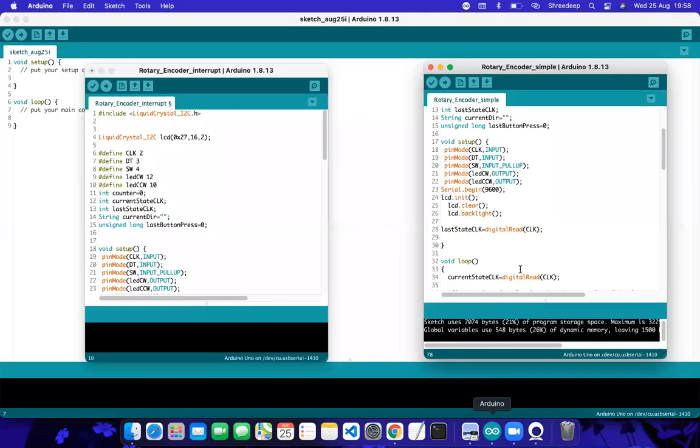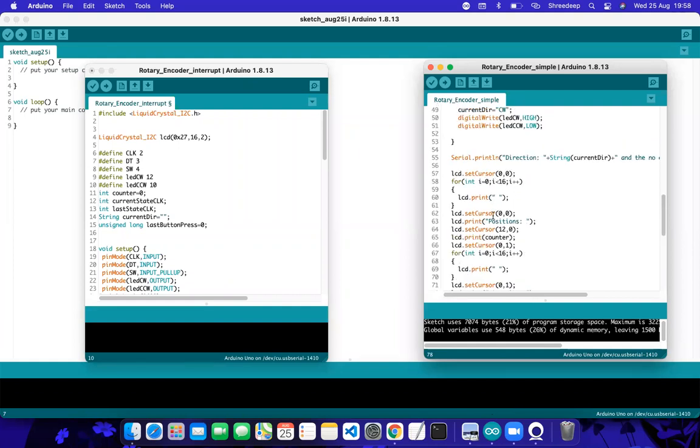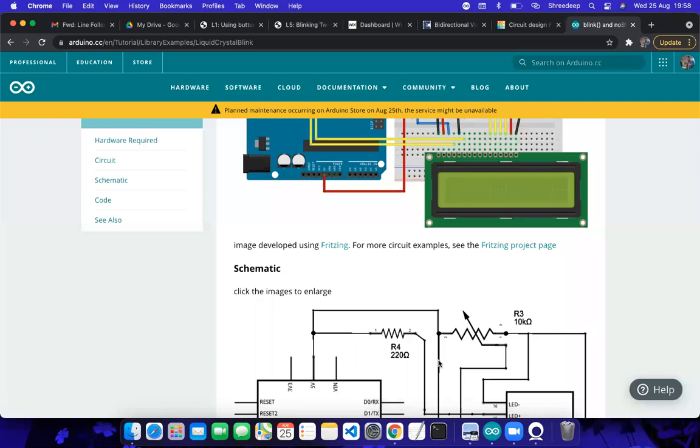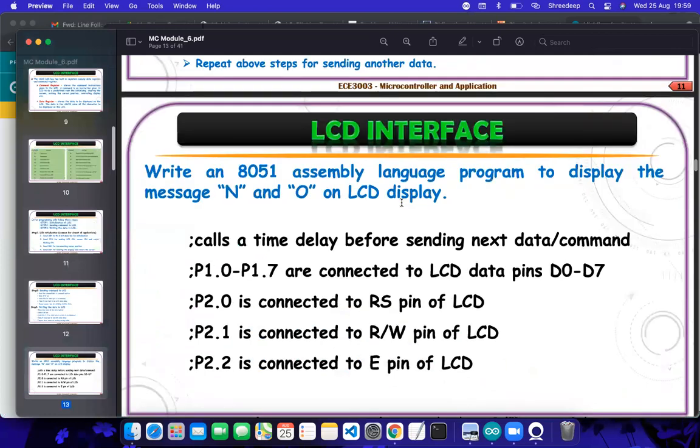Similarly, see this thing happens over here. First you set the cursor, and then you print the data. Set the cursor, print the data. Again, set the cursor, then print the data. So basically, first comes the command signal, next comes the data signal. Every time you need to write some data, first you need to perform the command writing, that means the way you want the data to be displayed. Next comes the data.